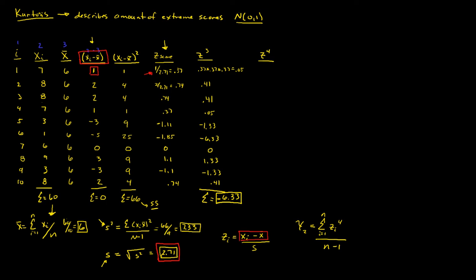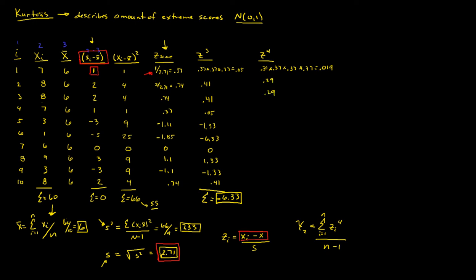Taking this example again, it's 0.37 multiplied by 0.37, you get the idea, multiplied by 0.37 multiplied by 0.37, to give us our first value of 0.019. If we continue to take these on, we'll have 0.29,